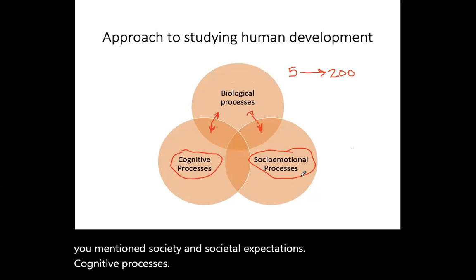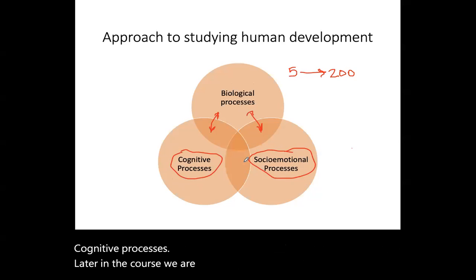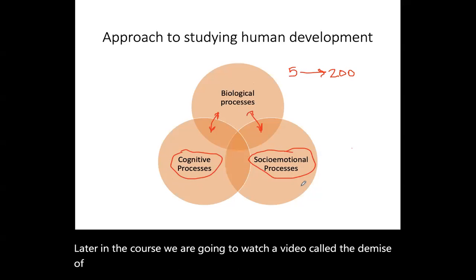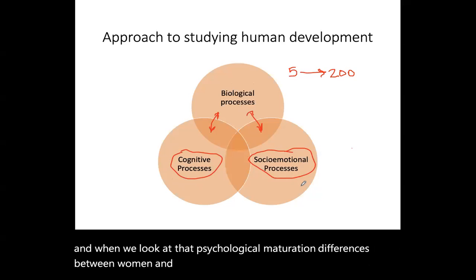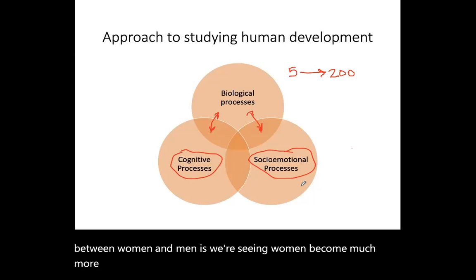Later in the course, we're going to watch a video called The Demise of Guys, done by Philip Zimbardo, because one of the arguments, when we look at psychological maturation differences between women and men,